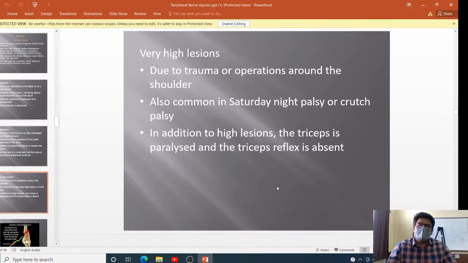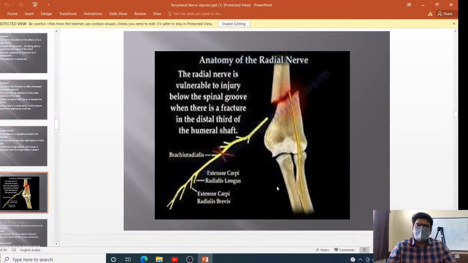Very high lesions are due to injury to the radial nerve in the axilla. It is because of Saturday night palsy or crutch palsy. High lesions where even the elbow extension with the triceps is paralyzed. So anatomy of the radial nerve, you can see the radial nerve is vulnerable to injury below the spiral groove